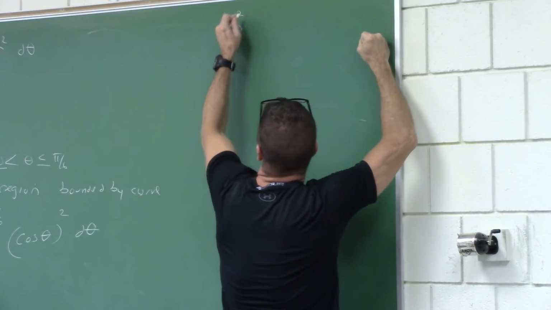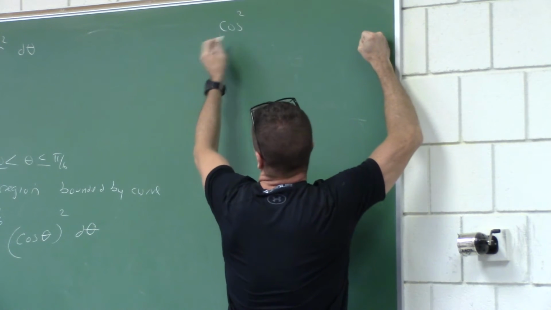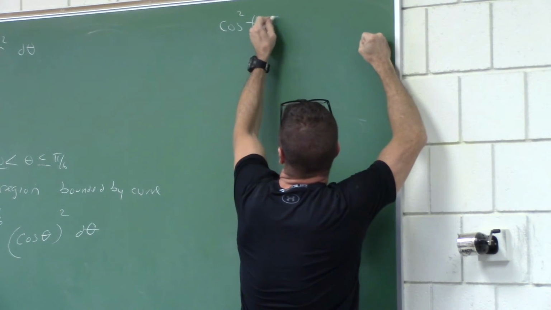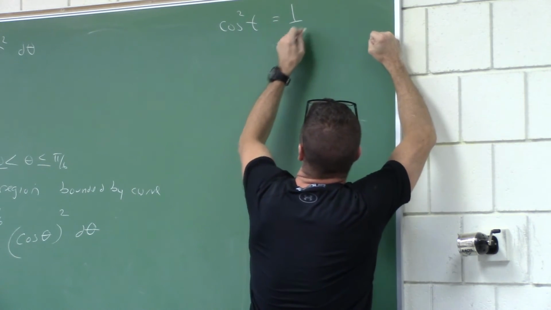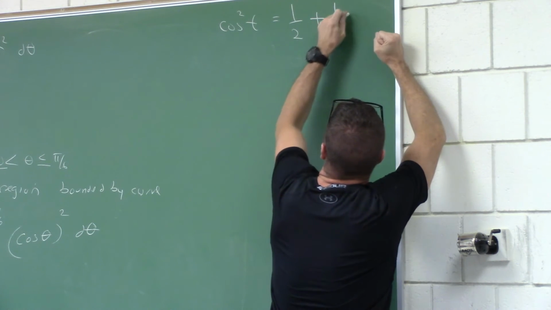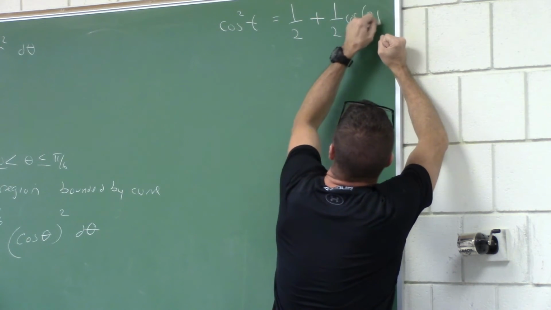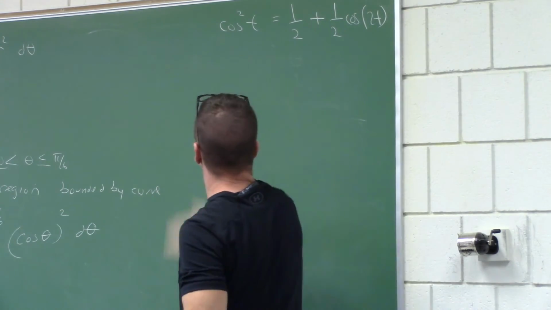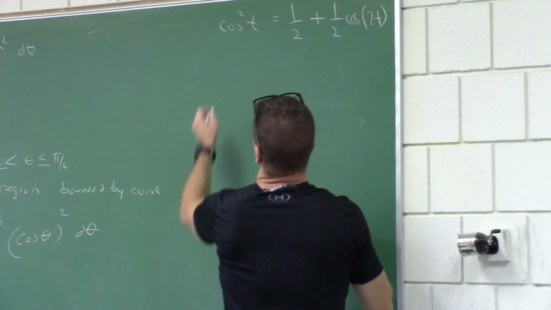What's cosine squared of t equal to? 1/2 plus 1/2 cosine of 2t. You can use x. What's the sine squared? It looks just like,